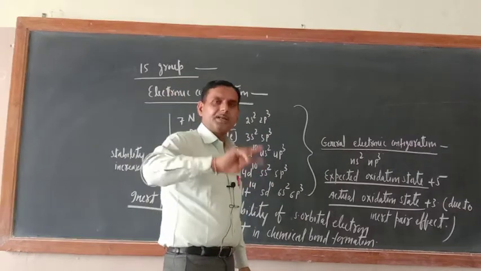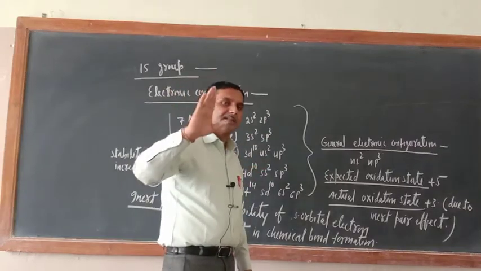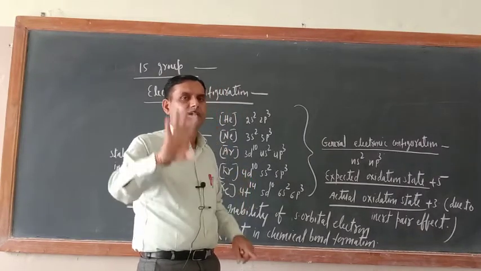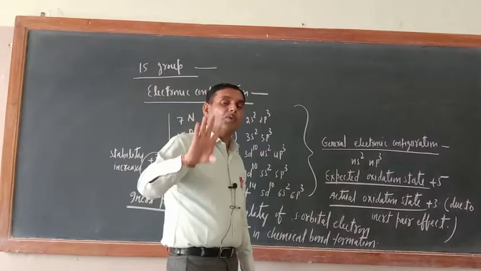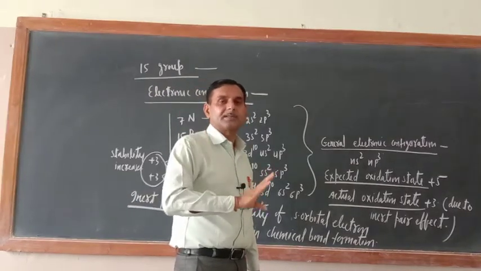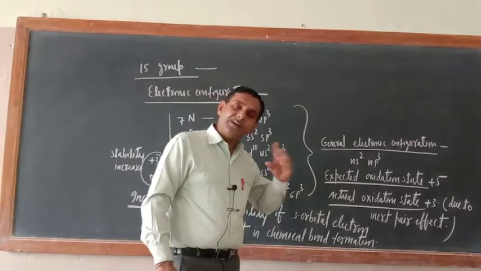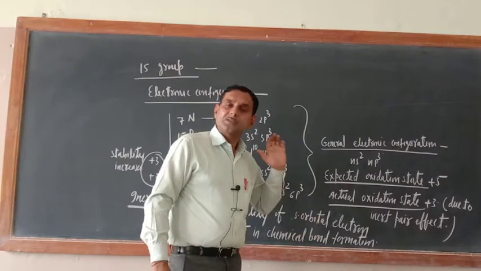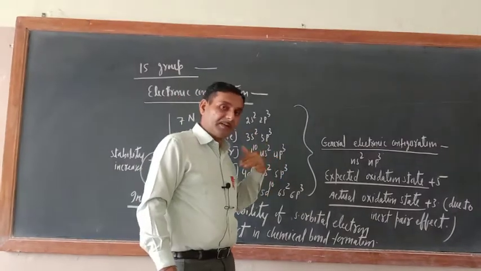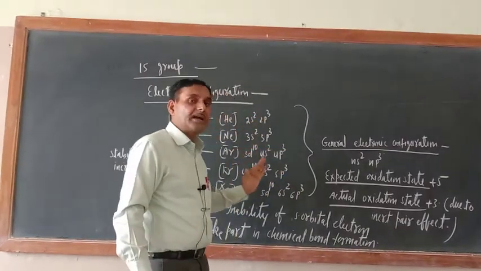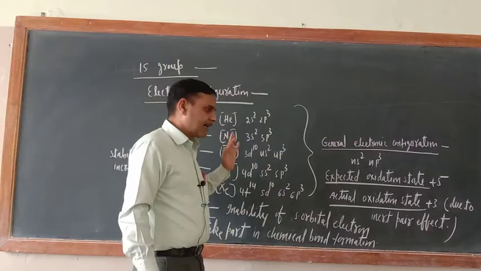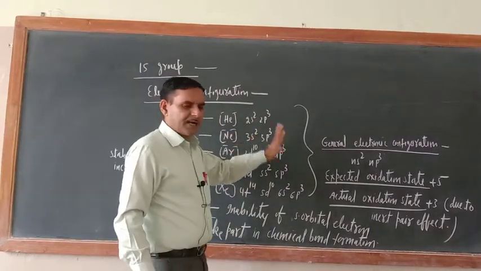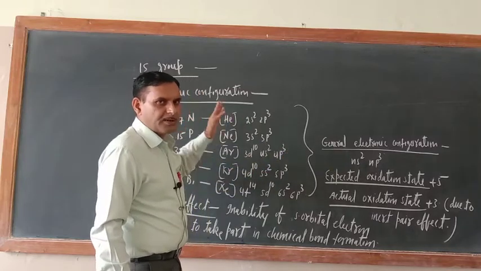Now, question and answer. See how many groups you are studying in total: 15, 16, 17, 18. Four groups are there, and you will get more than 100 questions from this. Means everywhere the "why" word should be there. Just try to understand. I will try hard to teach in that way only, question and answer. Okay, so this is all about electronic configuration, and the discussion of electronic configuration is over.